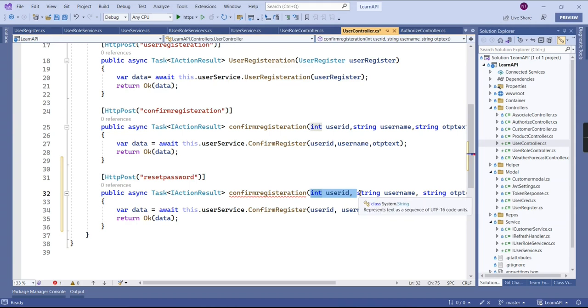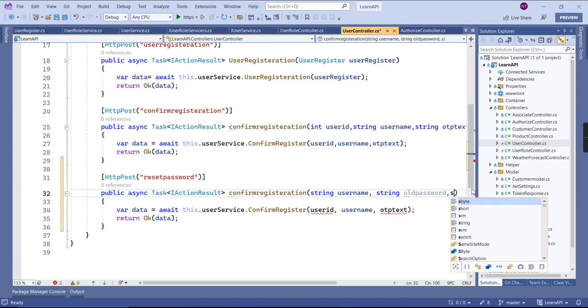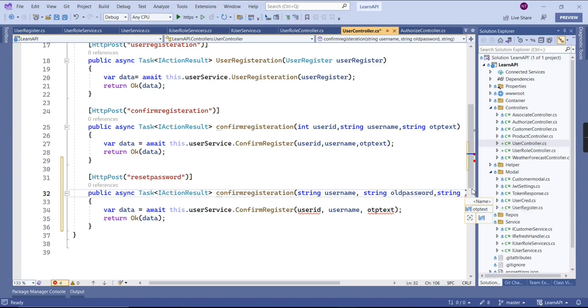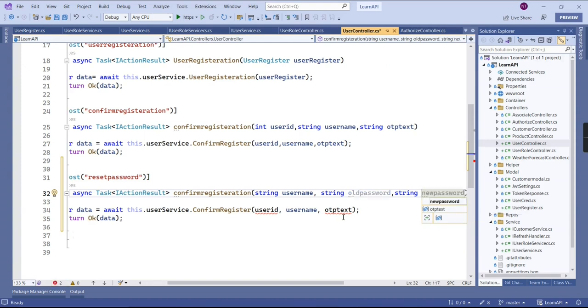The first one is username, and the second one is old password, and the third one is new password. For better optimization we can create separate models instead of passing three parameters. And if you feel we are using this password directly, it is not safe, obviously we can encrypt and use it. Okay, so in this reset password,